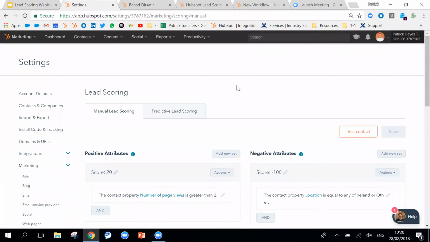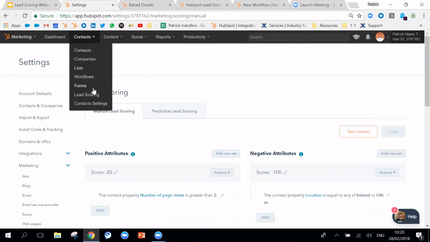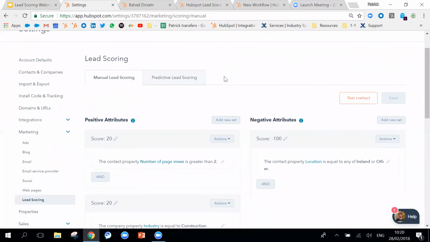Okay, cool. So now what I wanted to do is just jump into the tool, and I'm just going to go into my test portal where I've played around and I've built a lead scoring model as an example. Okay, live demo. This is going to be dangerous. So what I have here is, as I said, on my own test portal, and lead scoring lives under contacts and lead scoring. Okay, so that's how to find it. And if we come down here,